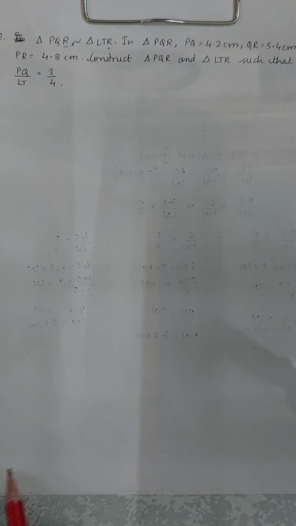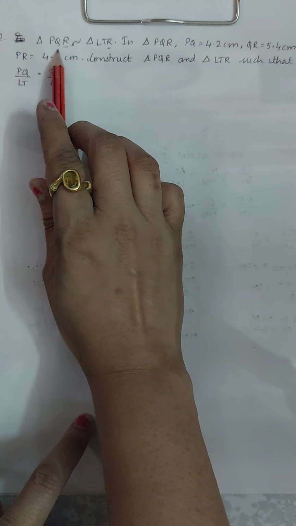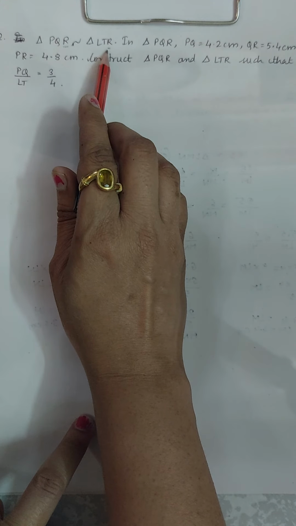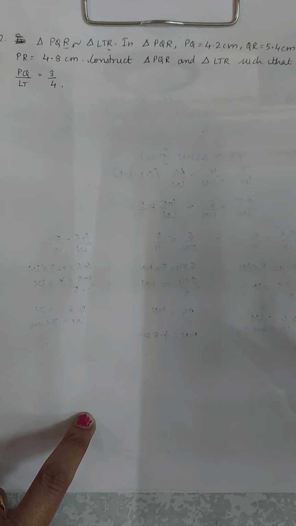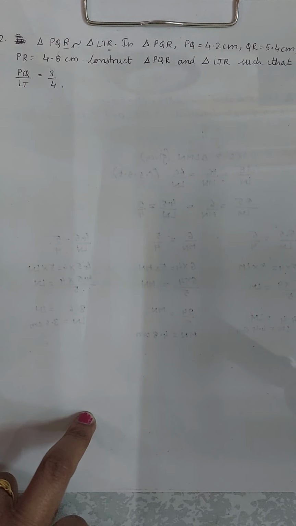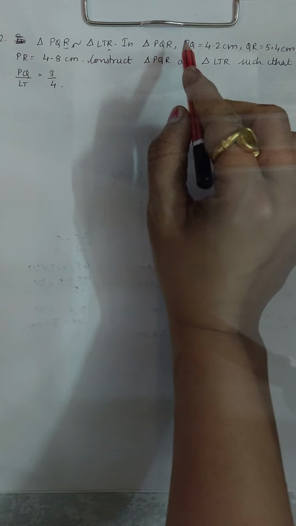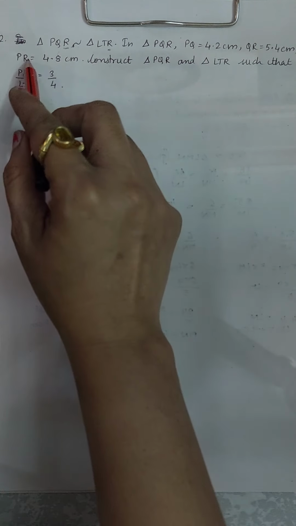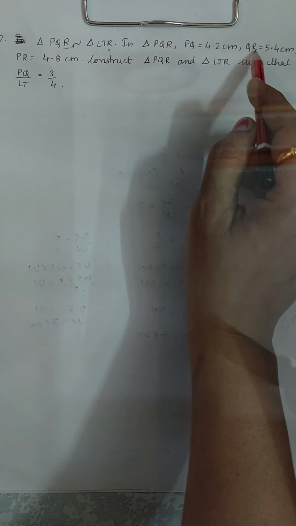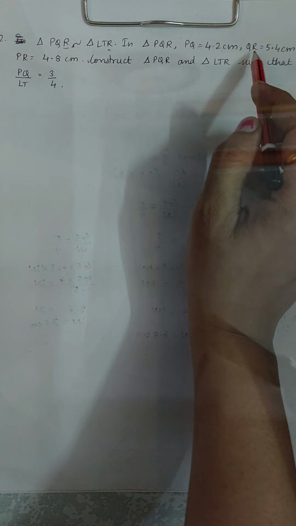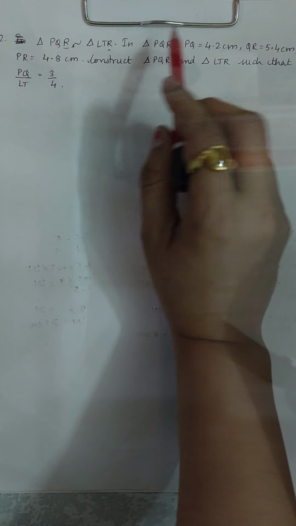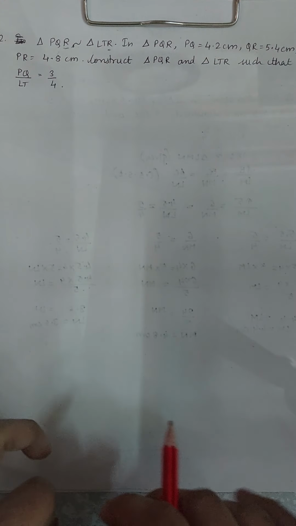Okay, so I repeat once again, when you have two triangles with a common vertex, we follow a different method to make the constructions. In that method, we are first going to draw this triangle, but here we have to decide the base, PQ, QR or PR. So for that, we take the base of that segment which has the common vertex in it. So either I'll take QR or PR, whichever you find is okay. Okay, so if I take PR,